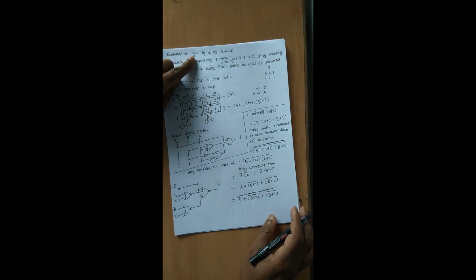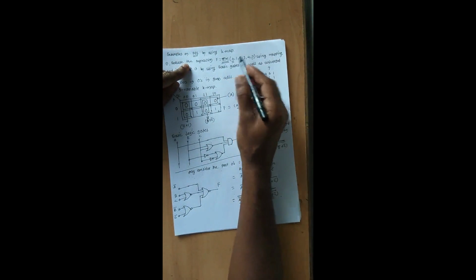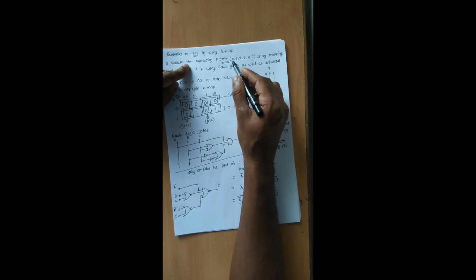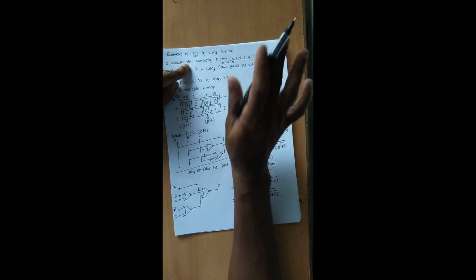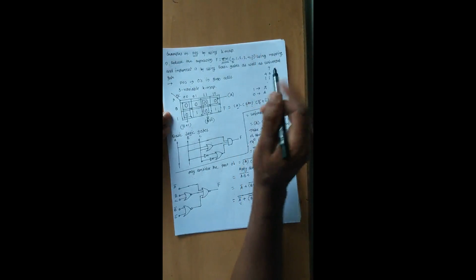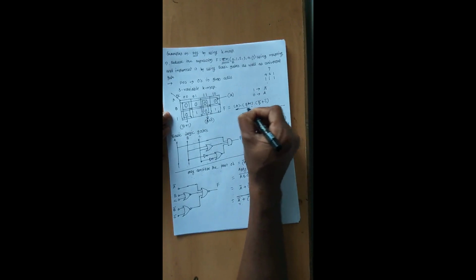Okay, in this way we can implement a POS with the help of K-map. If you observe carefully, for representation of this expression we need 1, 2, 3, 4, 5, 6 different terms. But if you observe carefully the final minimal equation, we need only 3 terms. So the 6 terms expression is reduced to only 3 terms, which will be implemented with the help of basic gates as well as universal gates. This A bar, B bar as well as C bar can be implemented with the NOR gate like this.